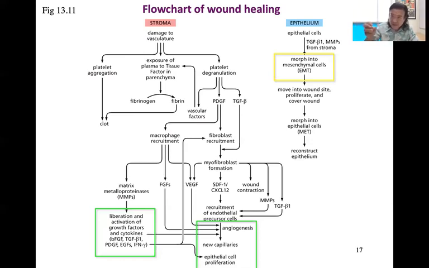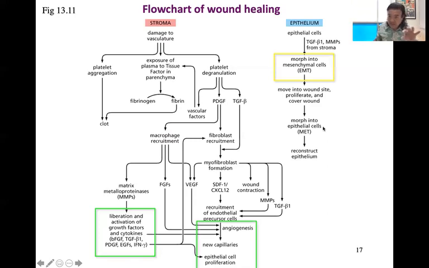Epithelial to mesenchymal transition. The changing of epithelial cells from an epithelial phenotype to be more of a mesenchymal phenotype, mesenchymal meaning the stromal phenotype that allows them to be happy detached from a basement membrane and allows them to want to proliferate more rather than being just fully differentiated cells. So that's EMT. So these epithelial cells will move into the wound site, they will proliferate and cover the wound,